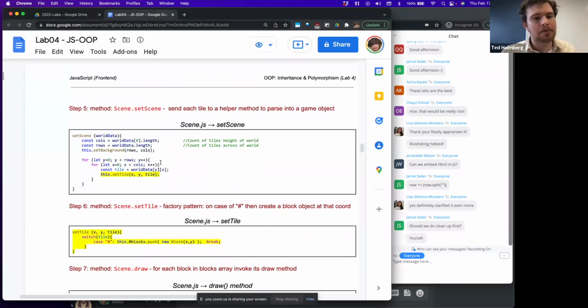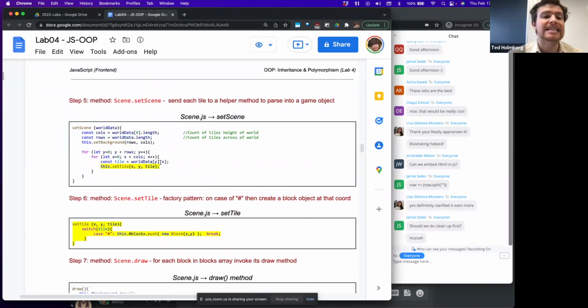And then next thing I'm going to do is inside of my set scene method, after I grab each tile from the level data that got passed in, I'm going to send that tile along with the X and Y coordinate to this helper method that we haven't created yet, but it's going to essentially have the logic for setting that tile